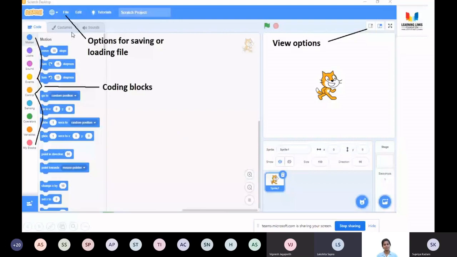For example, if I want this cat to have two different costumes, so that when I click the space bar the cat's costume switches to the other one, first I need to add the two costumes to the costume section, and afterwards I need to code the cat sprite accordingly. Then, ma'am, the last one is the sound section. In there, we have about three options: upload sound, record sound, or choose from the library.